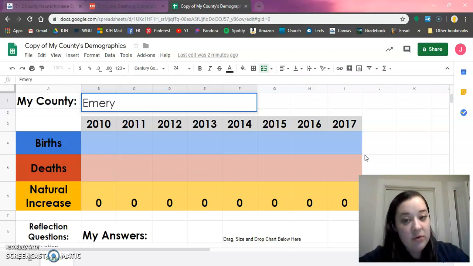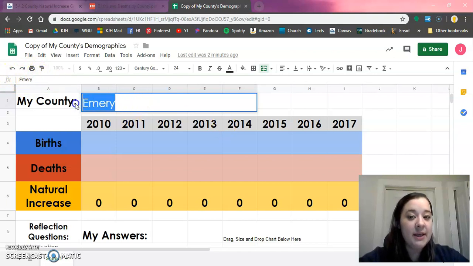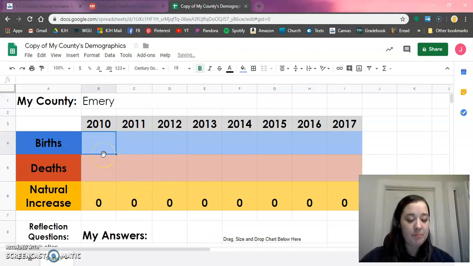And one thing to know with Google Sheets is that you're always typing up here in the formula bar. So if ever you have to do erasing, it's better to not try to erase it here. See, it's trying to drag it, but to select it up here in the formula bar. Okay, so I'm doing Emery, and then I have my births,